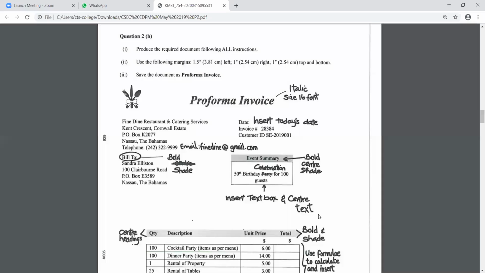Remember in the exam you're looking for the fastest way to do something, right? So you'll use your asterisk in this case, and the formula, like I said, would be equal, you click the 100, asterisk, and click the $6 and press enter. You don't need to do brackets because it's just 2 things that we are working with. If it was more than 2, then we do brackets to separate it, but we don't need to.